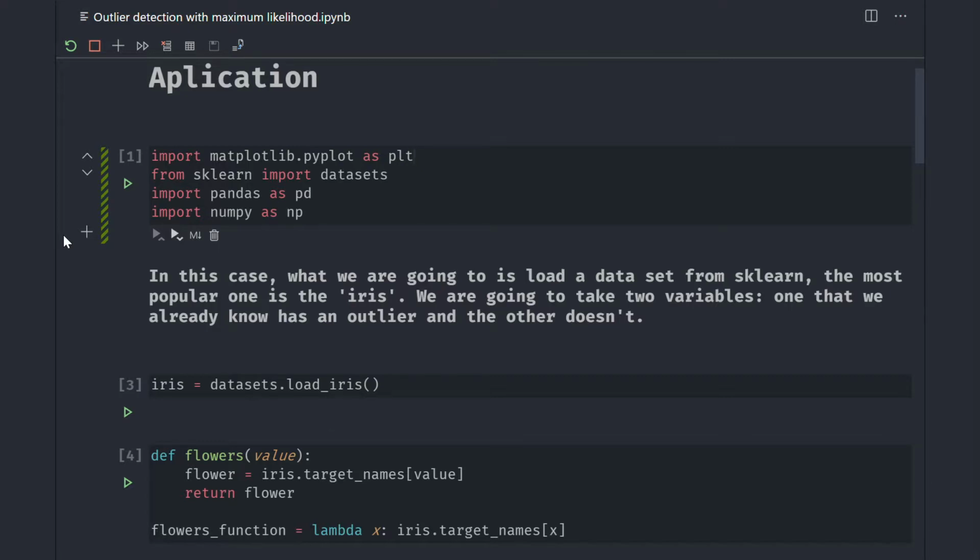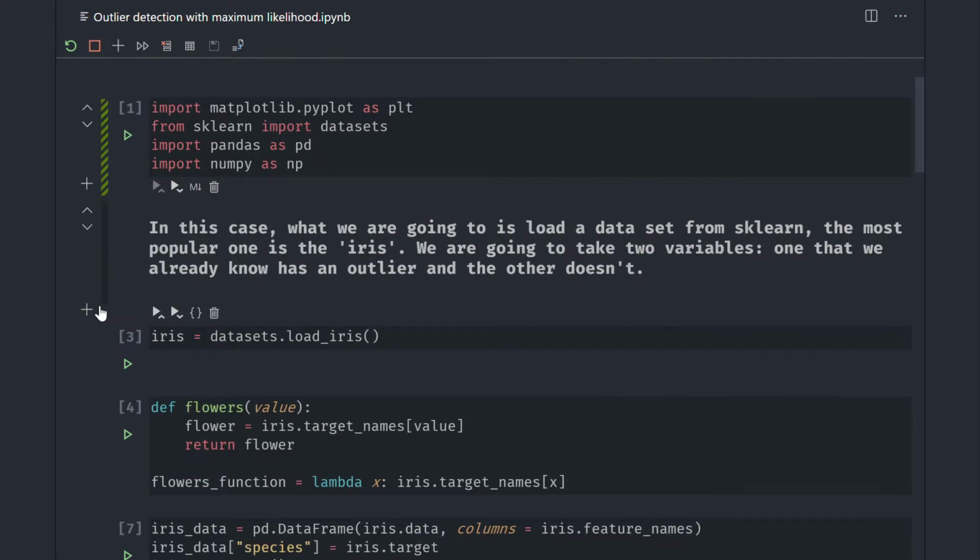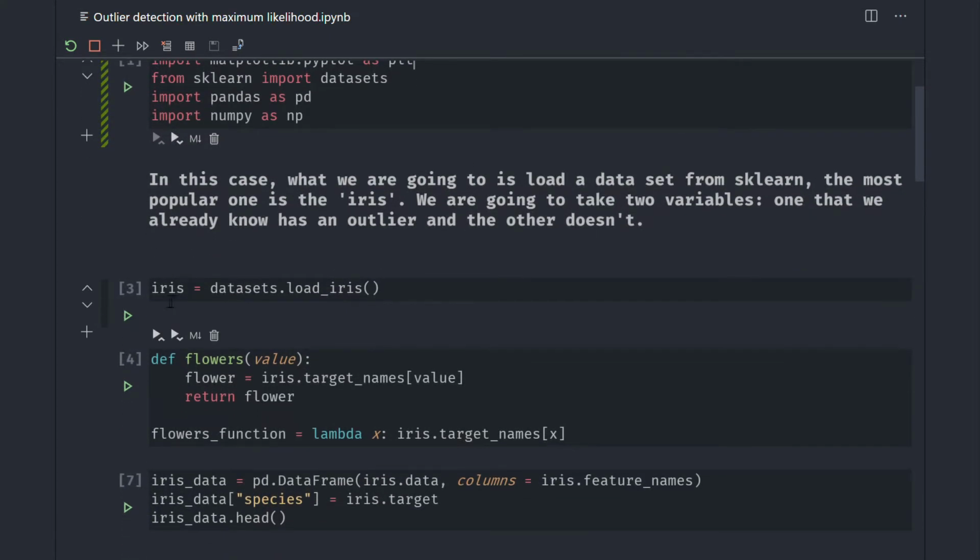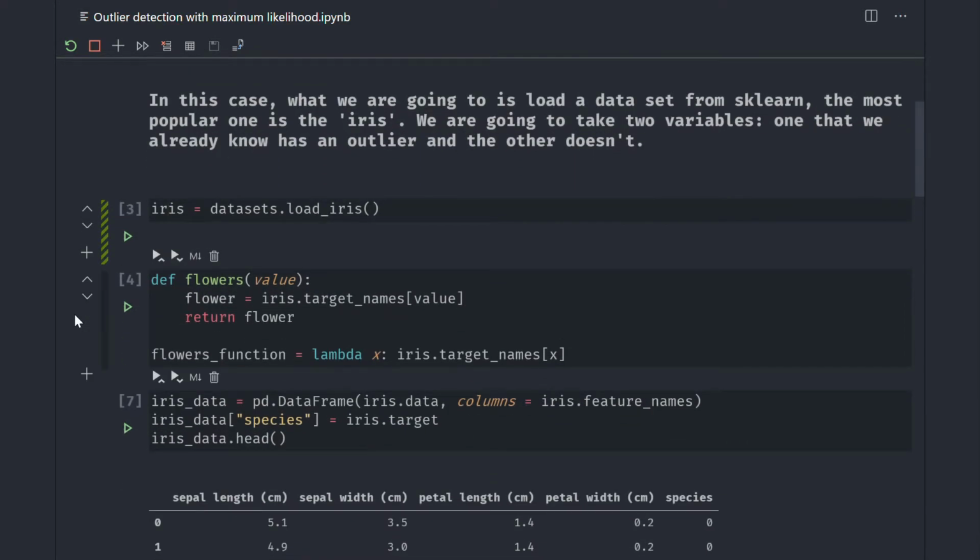In this case, what we are going to do is load a data frame from sklearn. The most popular one is the iris dataset. What we are going to do is take 2 variables, one that we already know has an outlier and another that does not. So in this part, you can see here that we are loading the dataset from the sklearn library. Then